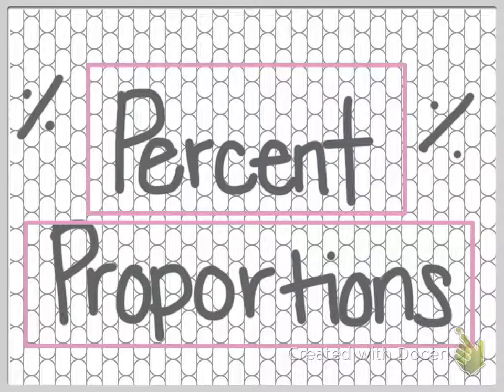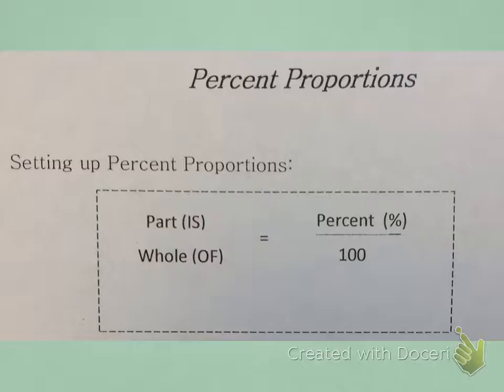Today we are going to talk about percent proportions. This is how we set up our percent proportions and our keywords. Looks like our line didn't show up, so let's draw in a line there. We can darken this line. So we have a part over a whole,